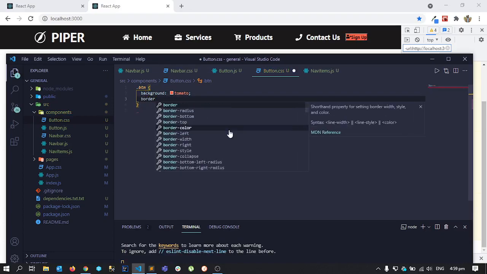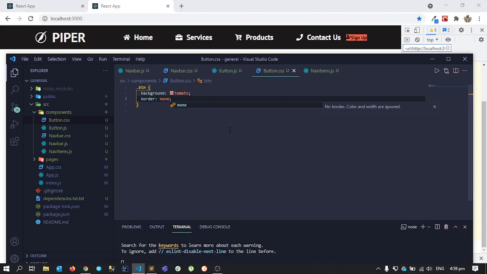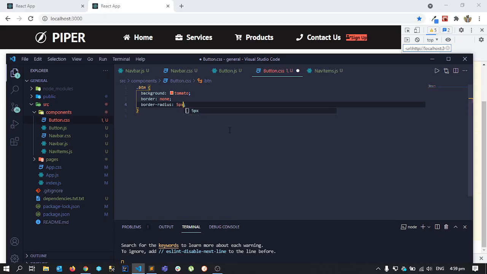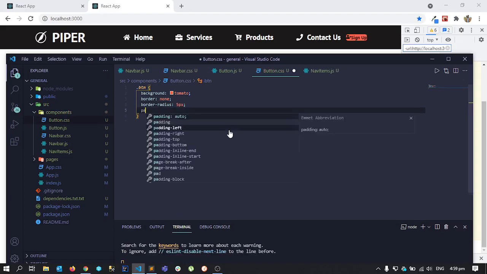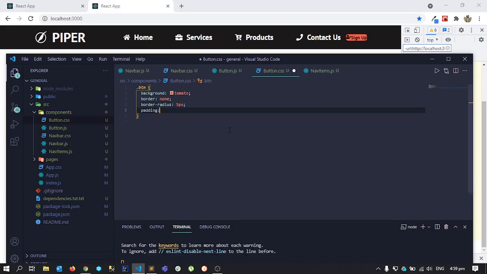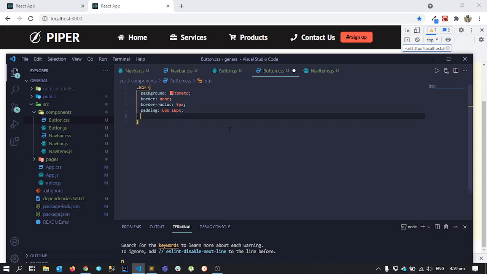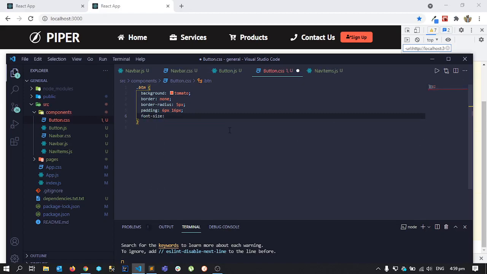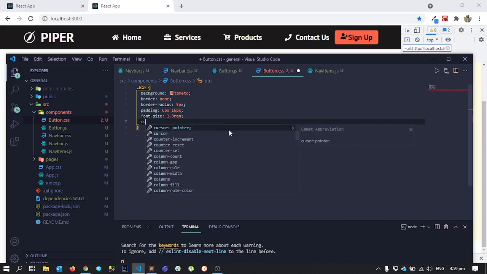Border will be none. Border radius will be 5 pixels to be consistent, and we will also give it the same padding as the other nav items, 6 pixels, 16 pixels, and font size 1.3 rem, cursor pointer,